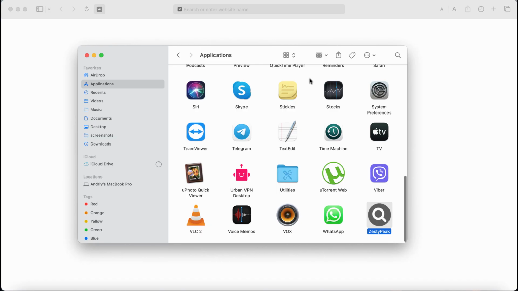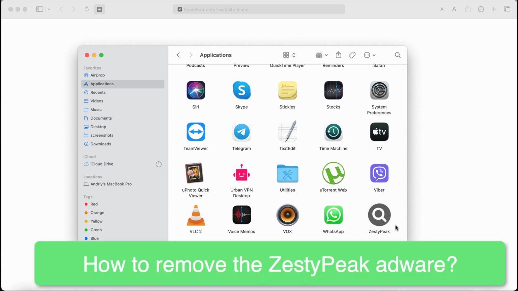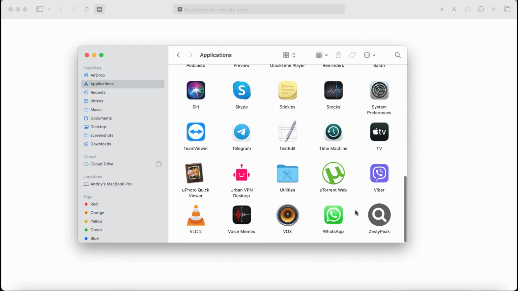My video tutorial will provide you with instructions that will help you to remove the adware type application called ZestyPeak. Not sure why exactly it's called like that, but this is definitely the adware that attacks Google Chrome and other browsers. The ZestyPeak adware may periodically show a lot of intrusive advertisements that are not related to the sites that